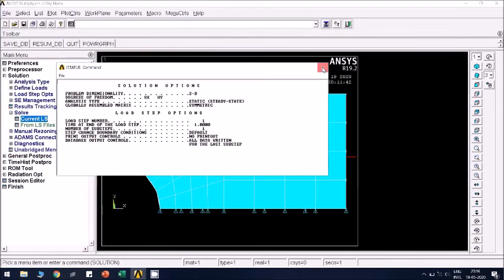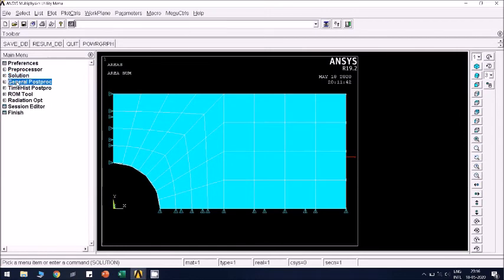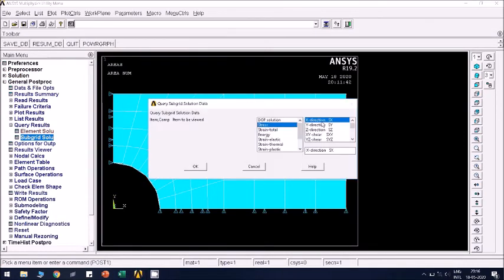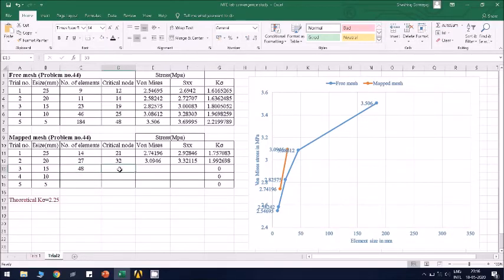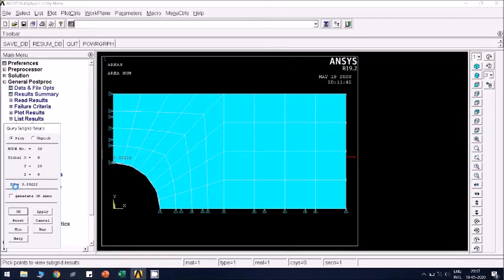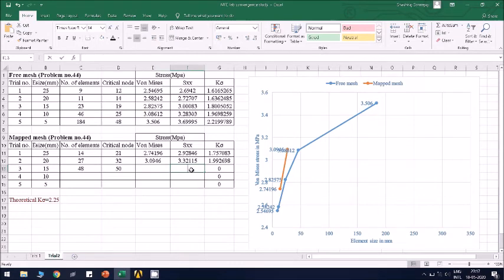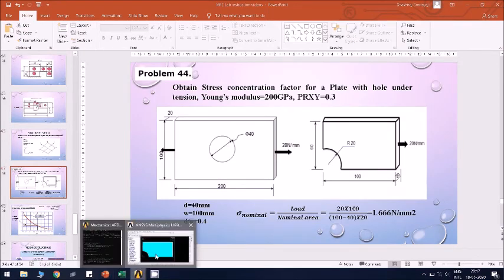Solution is done. Close. Go to general post processor, subgrid solution, Sx at the critical node. 50 is the node number. Record that. 50 is a node number, and value of von Mises and Sx values. Sx is 3.53222, and von Mises stress is